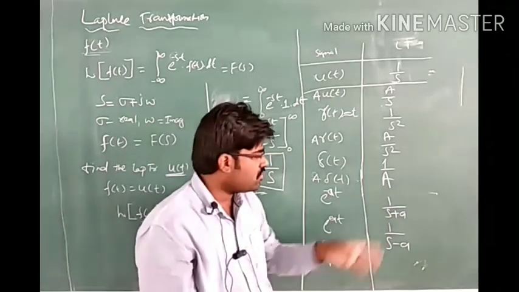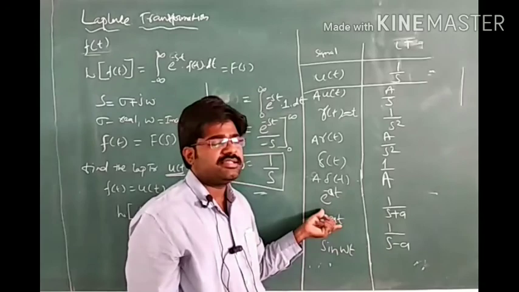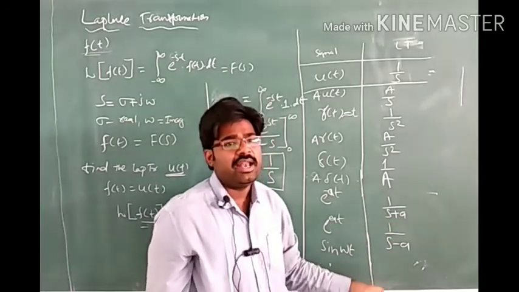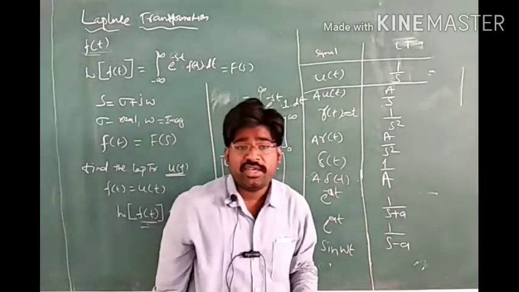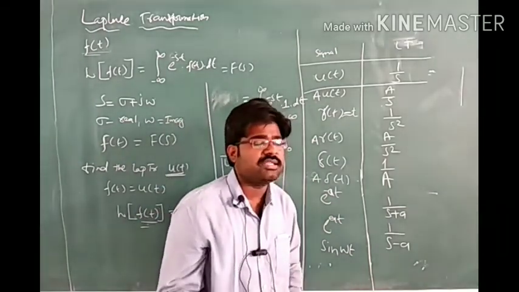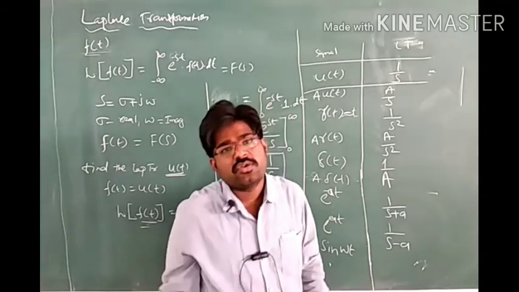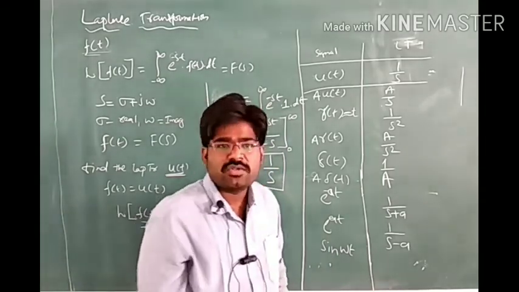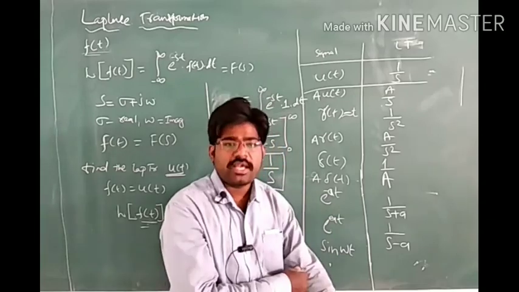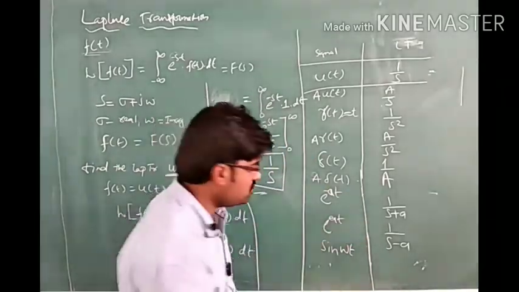From here onwards you have to read this as Laplace transformation of e raised to minus at is 1 divided by s plus a. Laplace transformation of r of t is 1 divided by s square. Like how we remember trigonometric formulas, calculus formulas, sin 90 is equal to 1, cos 0 is equal to 1, cos 90 is equal to 0. How we remember sin square plus cos square theta is equal to 1, 1 minus cos square theta is equal to sin square theta. Like this, we have to remember these formulas also for the control system subject.